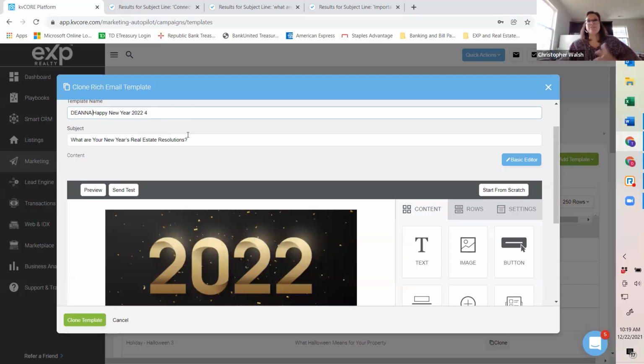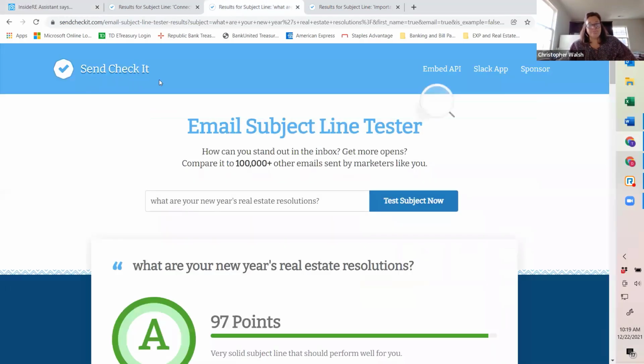When actually I was on a call with Jean and some other people and learned about it. It's a tool called Send Check It. Send Check It is a website. If you wanted to make note of it, it's www.sendcheckit.com. And what it does is you can enter the subject line of your email and you can test